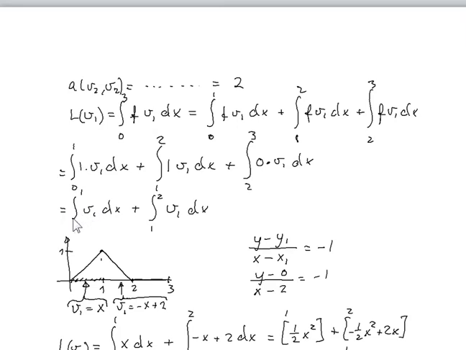So we are just computing the integral from 0 to 1 of v1, and how can we find this integral? It's in fact very trivial, because the integral of a positive function is just the area under the graph, between the x-axis and the graph. So computing this integral, we find that